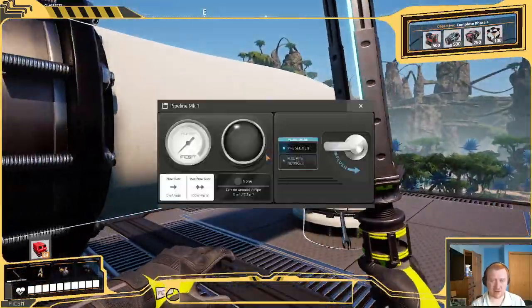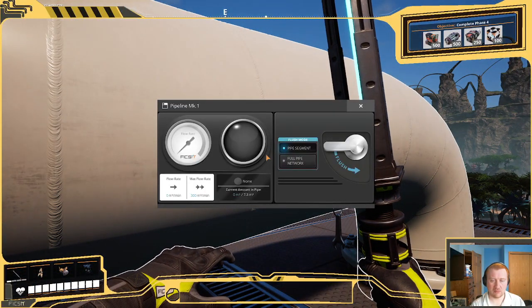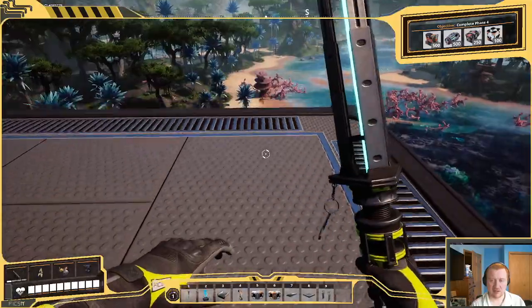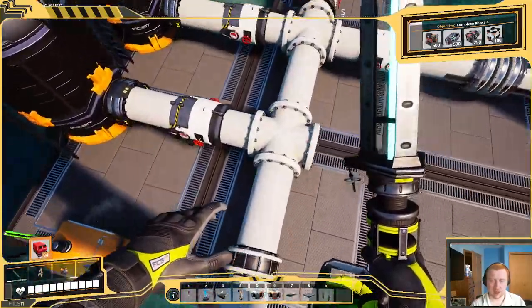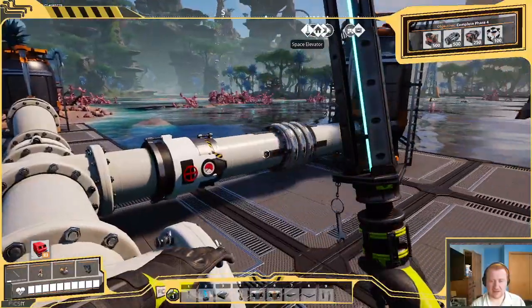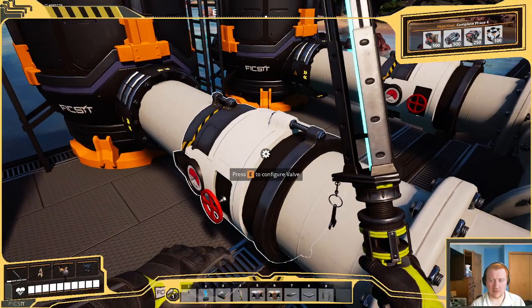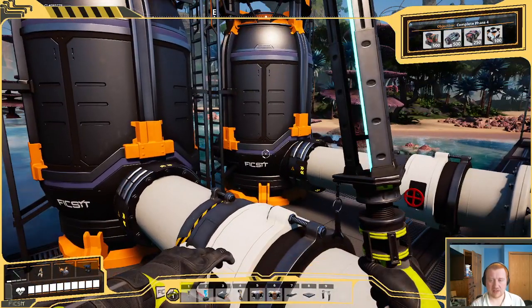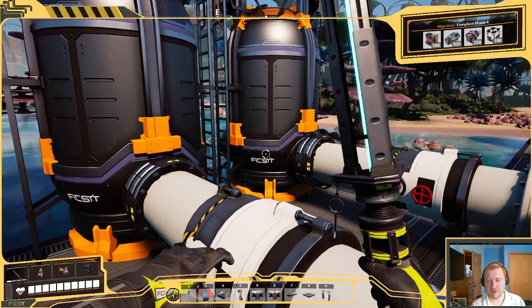To do that, you gotta keep in mind that you cannot use more than 300 meters cubed per minute. So I want to set each of these to 50. So then these outputs, let's say if they were like refineries or whatever,